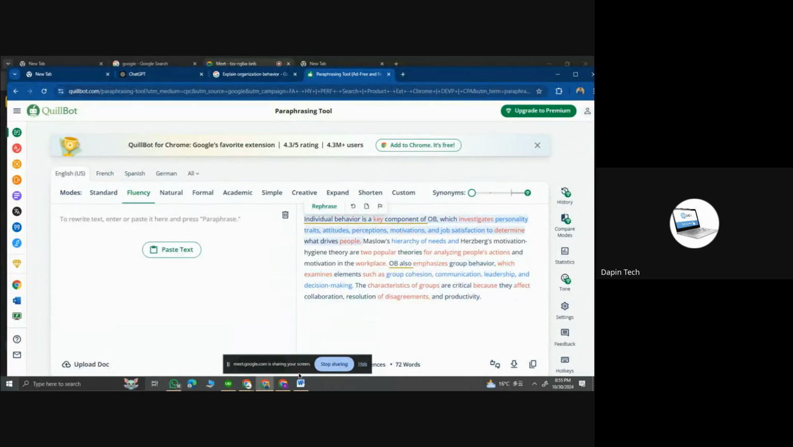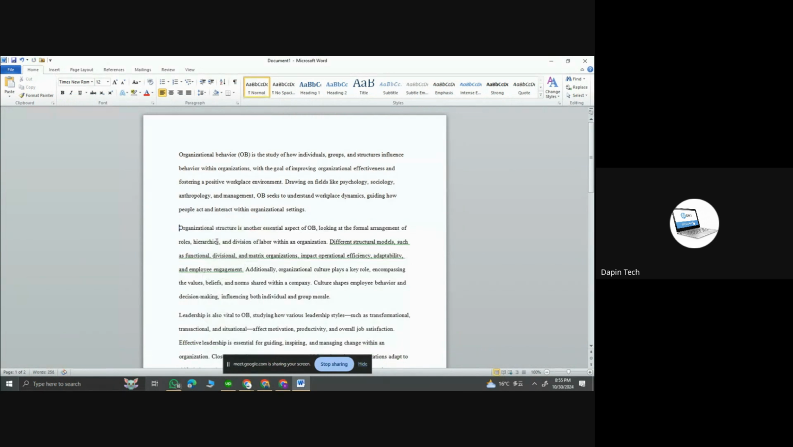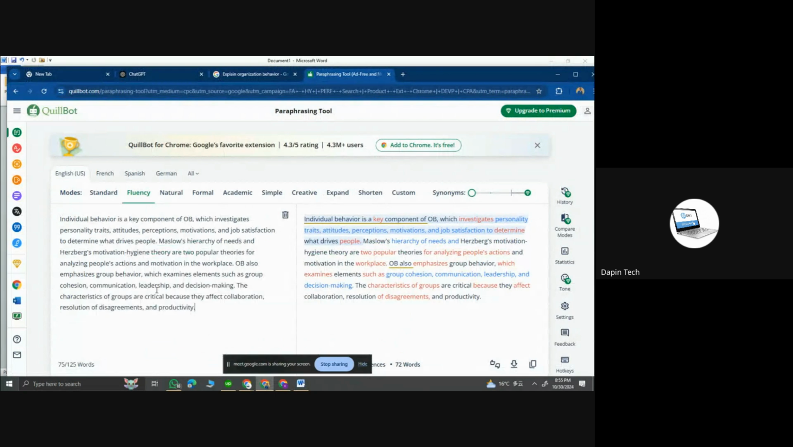So you just come to your document here. You select the part that you want to paraphrase. Tumesema hii ni free version, so inachukua 120 word maximum. I'm not quite sure of the number. Una paste hapo,